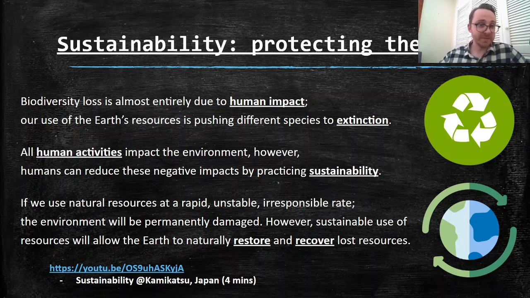fix itself. So climate change, the temperature increasing around the world, ice melting, sea levels rising, the Earth can fix that. It's done it before, it's done it in the past, but we just need to stop punching it in